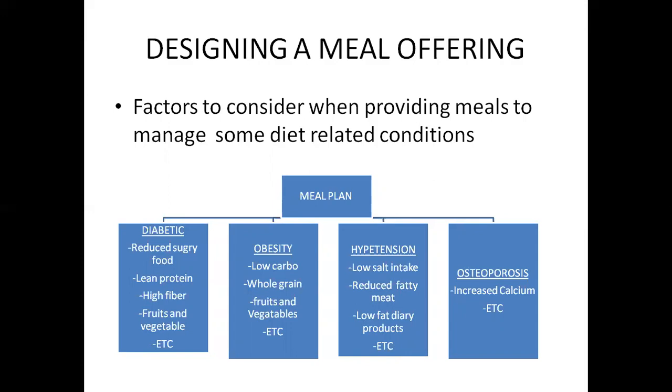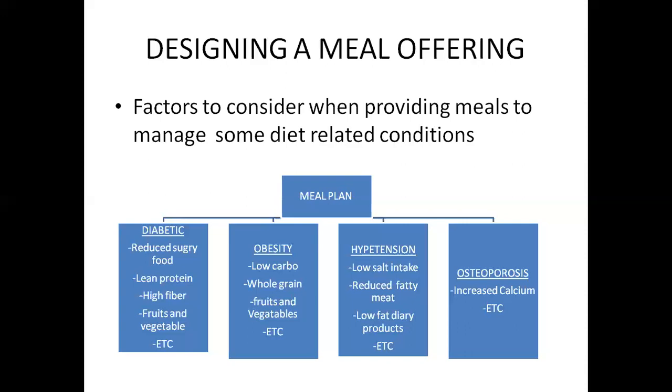Now, when planning a meal for a diabetic patient, you have to consider things like foods that are reduced in what? Sugar, lean proteins, high fiber food, fruits and vegetables. These are good for people suffering from what? Diabetes. Because it's an issue of what? High blood what? Sugar. So any food that contains sugar or high amount of sugar can trigger their condition. For that matter, when giving them food, you have to control the amount of these